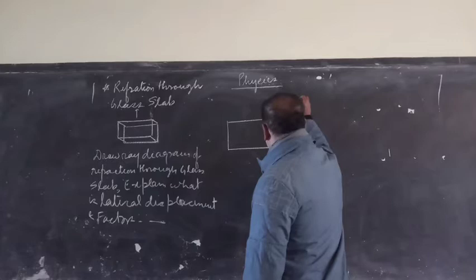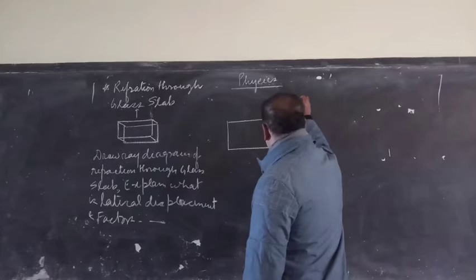Okay. Again, at the point where the refracted ray touches the last edge of the glass slab, you will draw one more normal. This is also the normal. This is the incident ray, and this is the refracted ray. This refracted ray acts as the incident ray from the denser medium. Now this ray is crossing through the glass slab, and it is coming out from denser medium again